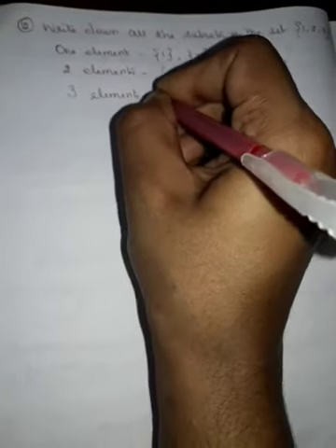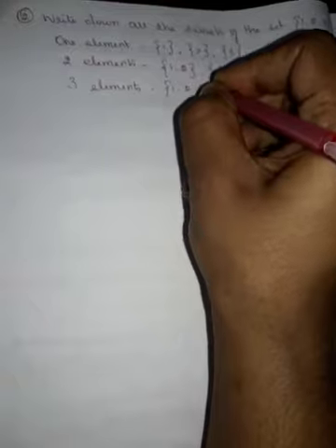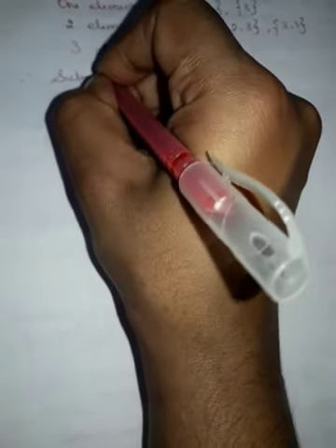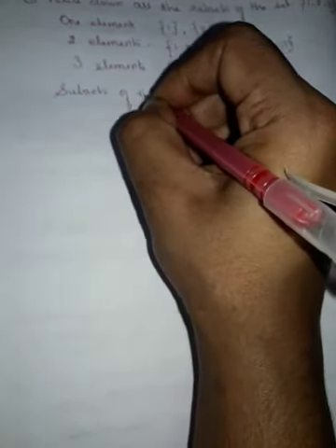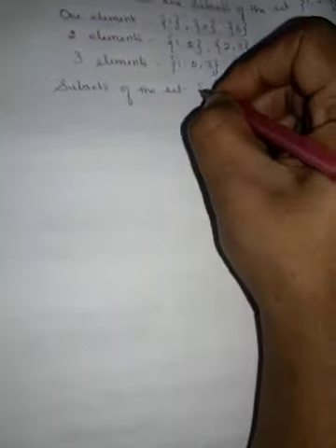Now here we have only three elements. So first with one element we got three subsets. With two elements again we will get three subsets in a combination: 1, 2; 2, 3; and 3, 1. Then what will be with the three elements? Three elements will be the original set 1, 2, 3. So what are all the subsets? Therefore, the subsets of the set